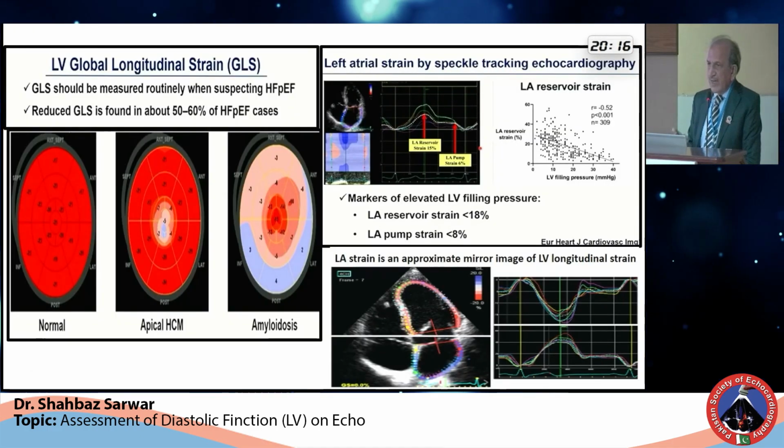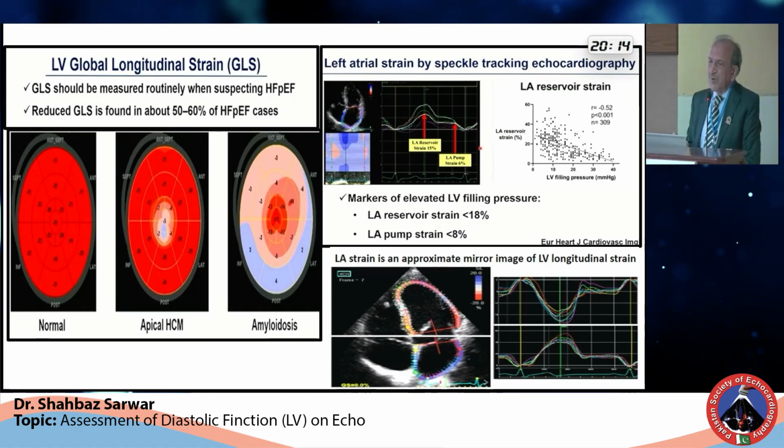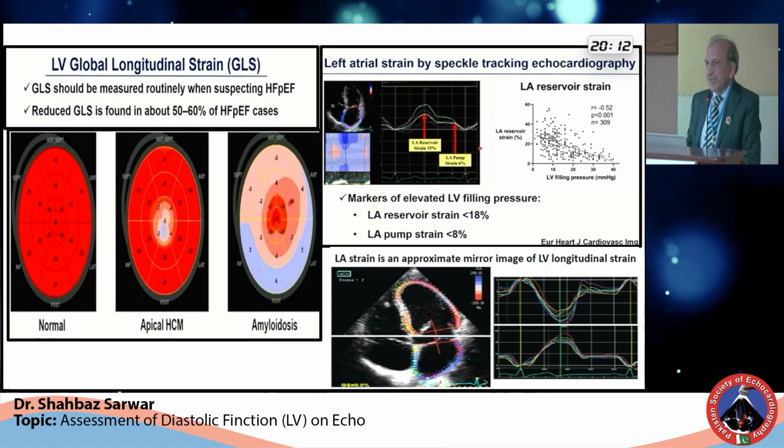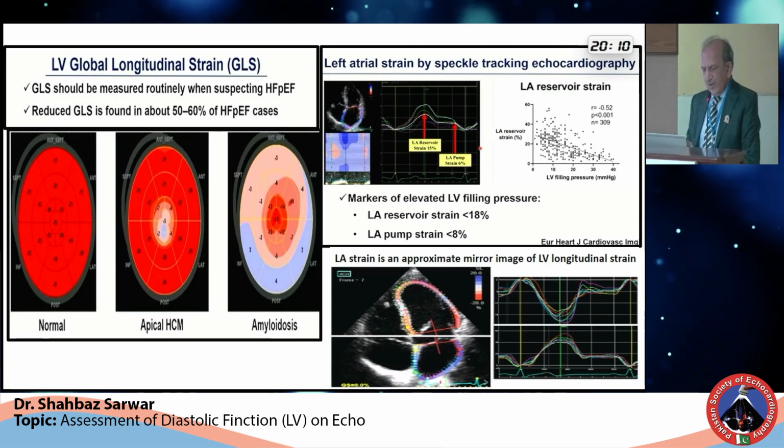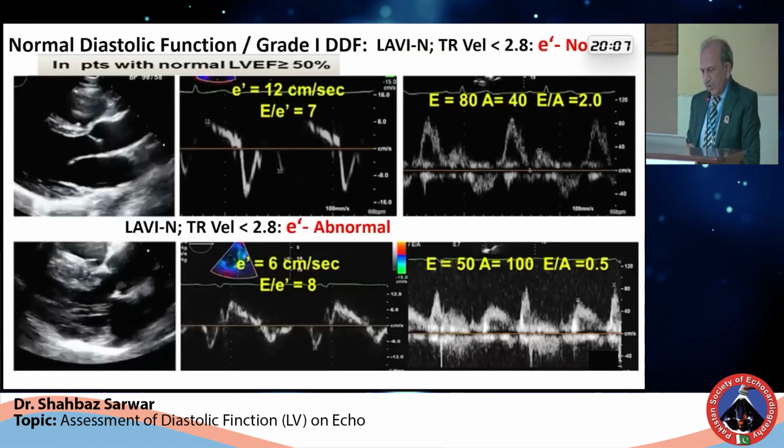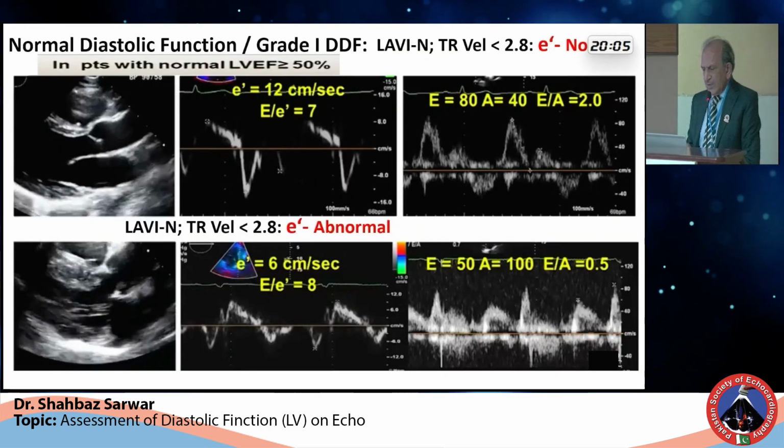So if you get the left atrial strain, then probably most of the cases would be fitting in one way or other, whether they are normal or abnormal diastology. Okay, so now we see here